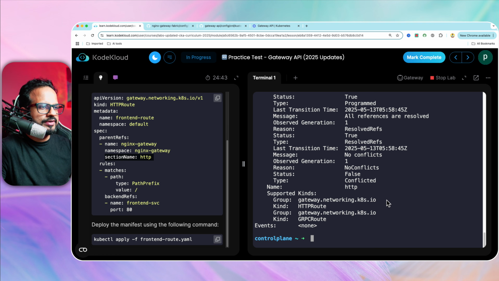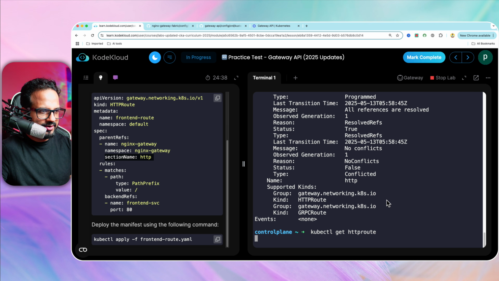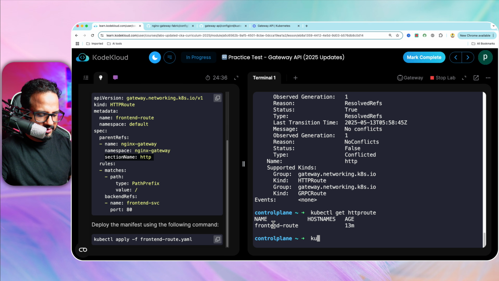So that issue was in HTTP route. kubectl get HTTP route. kubectl describe